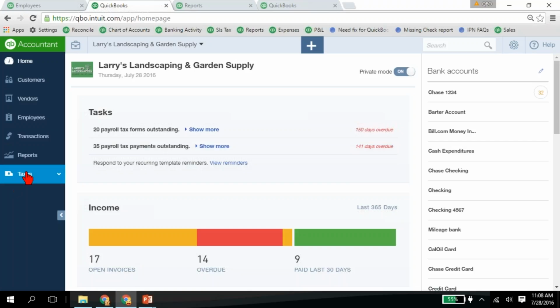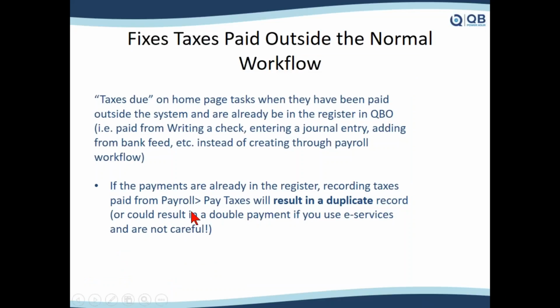They didn't do it the right way by coming under taxes and payroll taxes over here to do that. So how do we get rid of this on here? That's what we're talking about. So first of all, there's a few very important things here, and I've got a lot of details here so